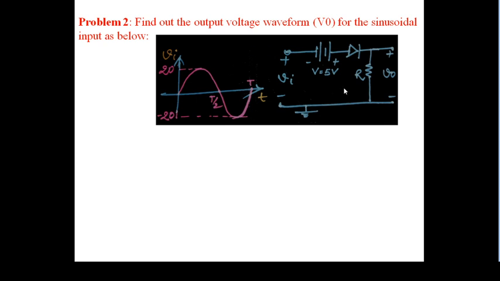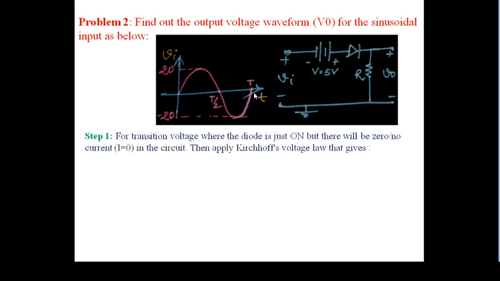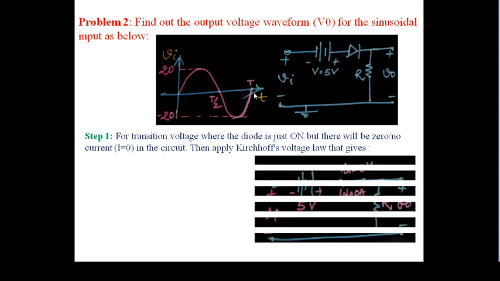So in a similar type of problem, what we have to do first is find the transition voltage where the diode is on. We have to find the transition level over which the diode is on, or below which the diode is off. So the first step, as already told, is to find the transition voltage, which will decide at what position the diode will be on. So what should be the circuitry?